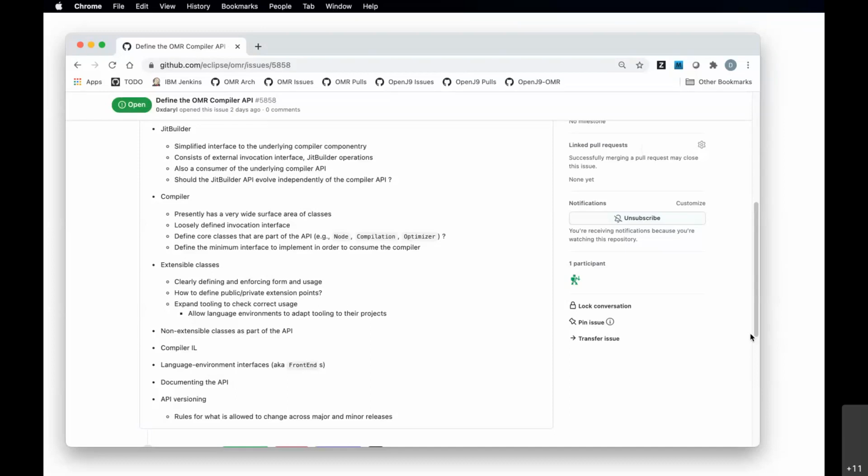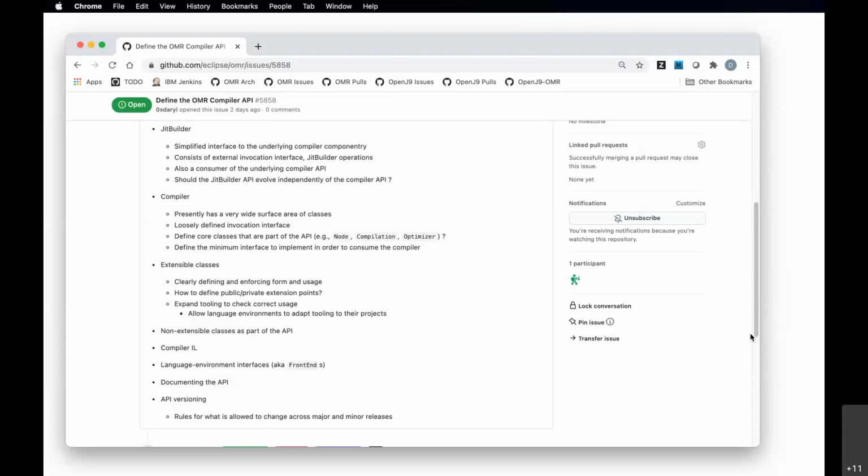The reason I'm saying this is that going forward, extensible classes seem to be the main means of providing extensions to many of these core classes that will be part of the public API, things like node or compilation or the instruction class.